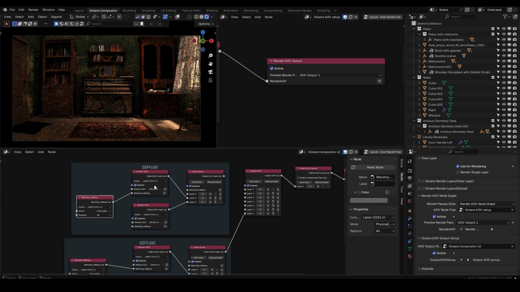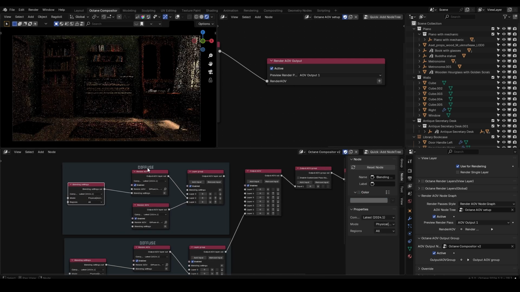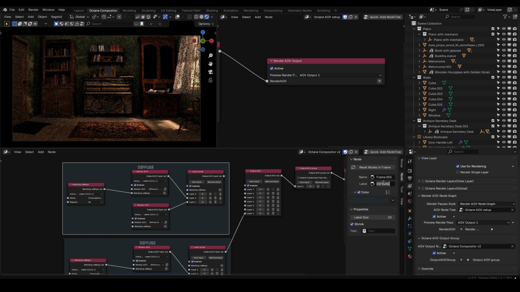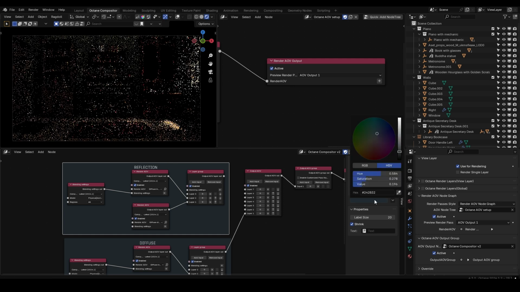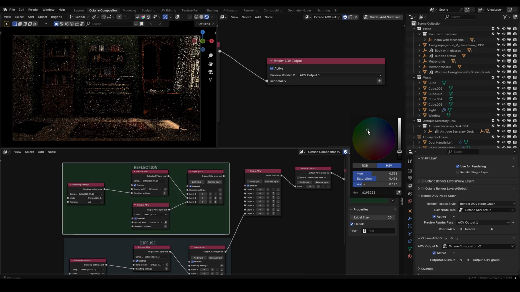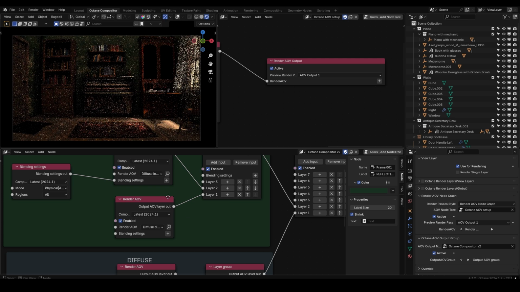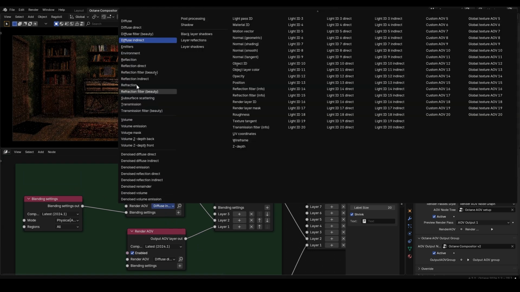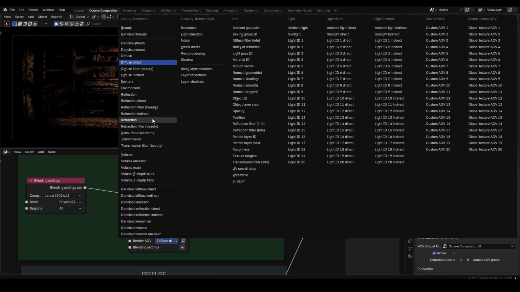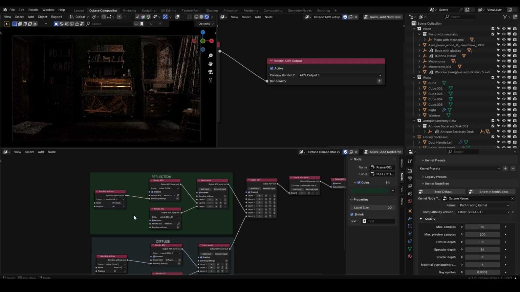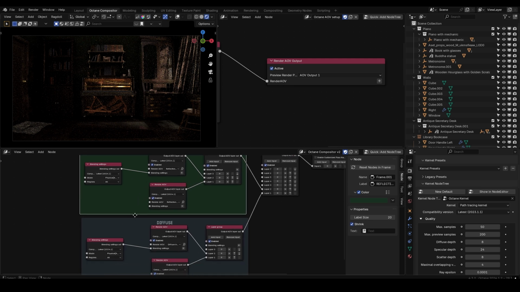Okay, and right here we're gonna add the reflection pass. So I'm gonna change the name to reflection. Let's switch the color to something green. Let's connect this here. We're gonna change the diffuse indirect for reflection direct, or indirect is the same, reflection direct. Right here, reflection indirect. Now we got the reflection and the diffuse pass, but we got another problem, and that